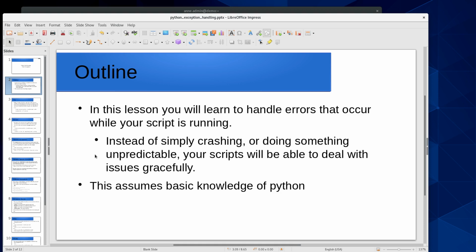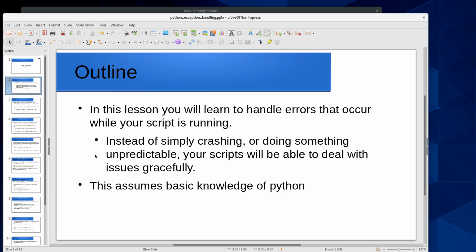In the past, if something went wrong, if something unpredictable occurred to your script, it simply had to crash. And you get this generic error message from Python indicating what file it was, what line it's on, and some information about what went wrong. And ideally, you debug your script and write it better. But you can't always predict every possible thing that might go wrong, or things might go wrong that you didn't predict, and you give your code to somebody else, and when they run it, it crashes,